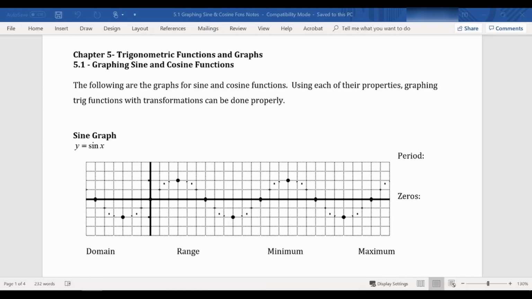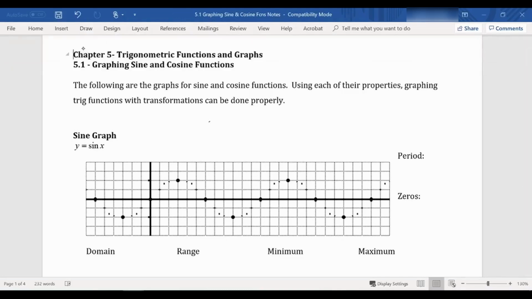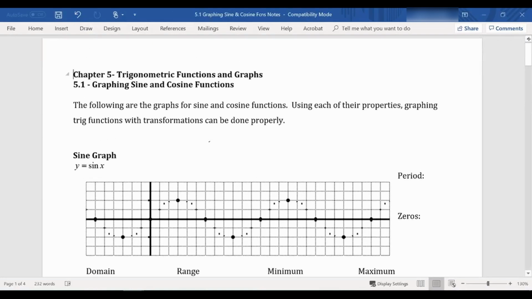This set of notes is probably going to take a little bit longer than many of the other sets that we're used to doing. So first, a couple reminders from chapter 4. I'm just going to draw them at the top of the page here. So we talked about a quadrant system, and we talked about radians,